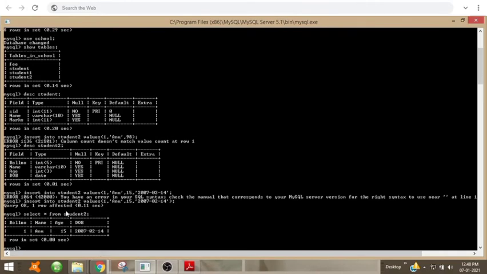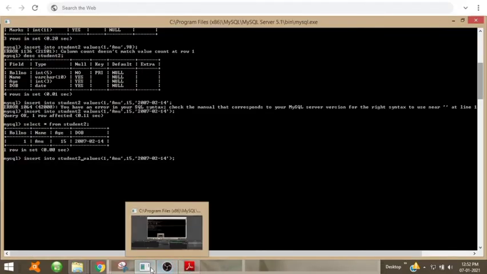So you can see the value that I have inserted: 1 for the roll number column, then Anu for the name column, age 15, and the date of birth is being inserted.